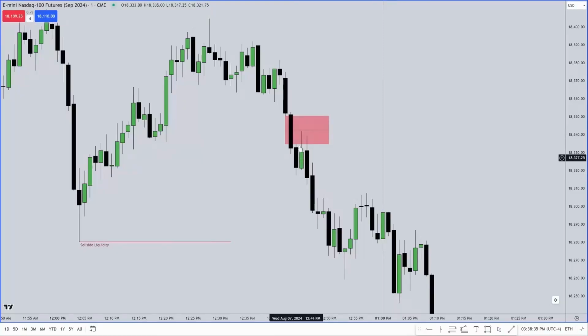Now, if it would have traded up and touched that midpoint and then did that, I would not have taken that trade. I would have waited for another attempt to get in there and work just a little bit above the consequent encroachment, and then I would try to go short in this upper part there. That's what I would have done differently. But because it didn't and couldn't even touch the consequent encroachment, these are PD arrays.